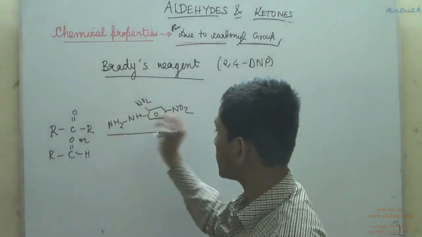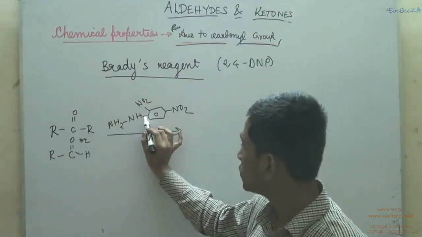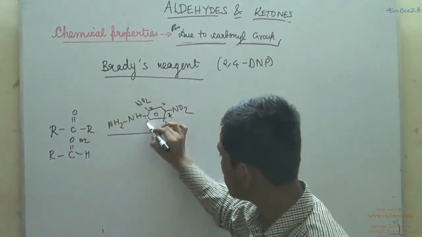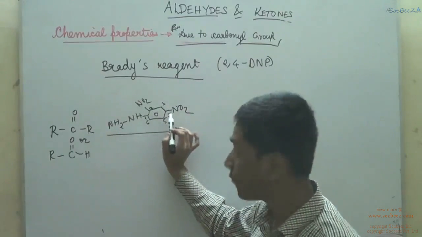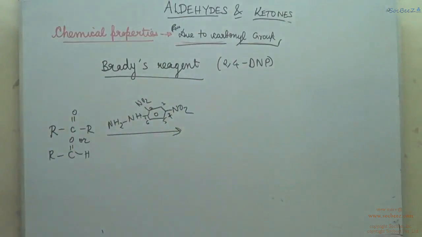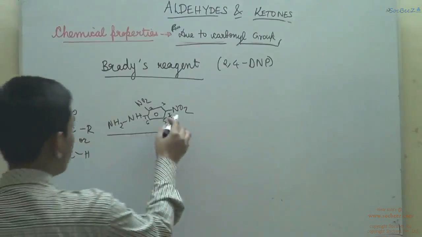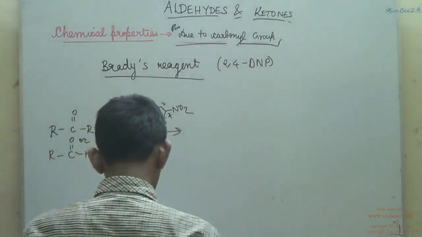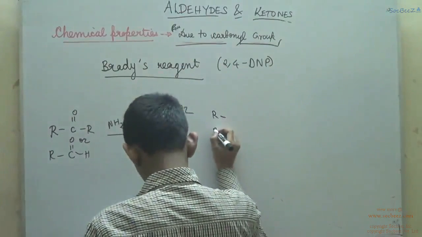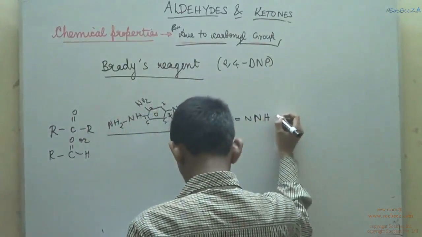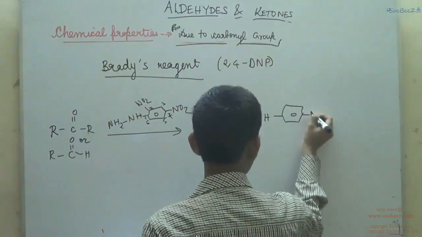This is basically NH2NH2, hydrazine. So if you see this 3, 4, 5, 6, so this is 2,4-dinitrophenylhydrazine. You treat this with a carbonyl compound and what you will get is 2,4-dinitrophenylhydrazone. That's very simple, but why I am telling is that this is a specific test for aldehydes and ketones